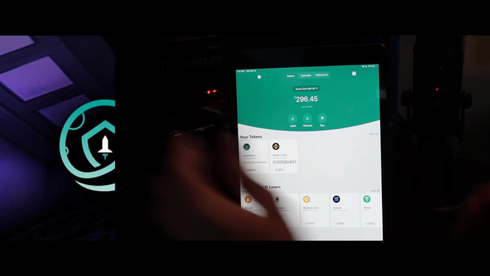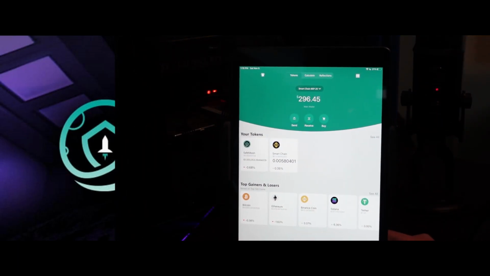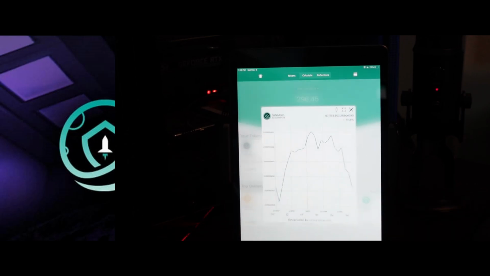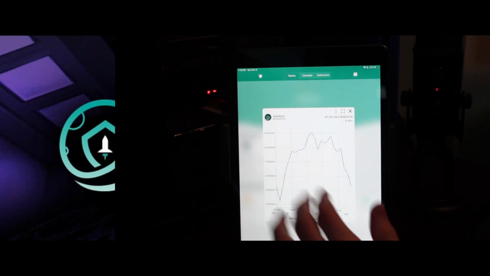And one thing that everyone has noticed is that the price update doesn't always update automatically according to what you have in your Trust wallet, because I definitely have a little bit more money in my account right now with Smart Chain before I transfer it over to Safemoon. Now the tokens, I do like the way that you can click on this and actually bring up a chart. I really do appreciate that,